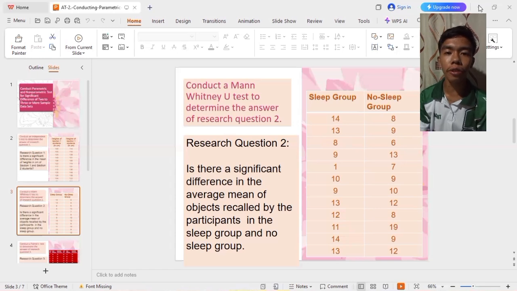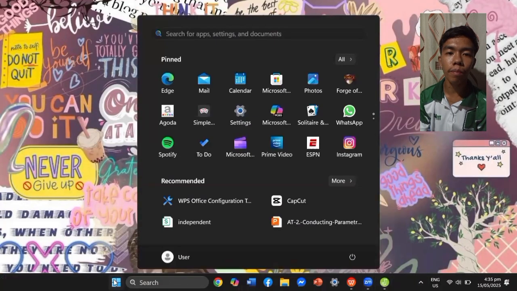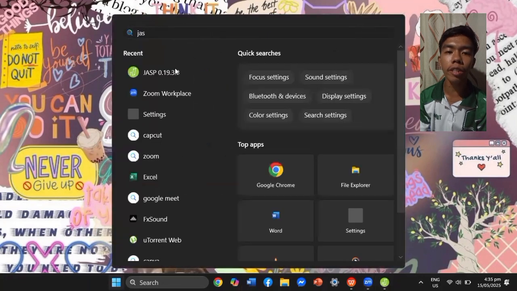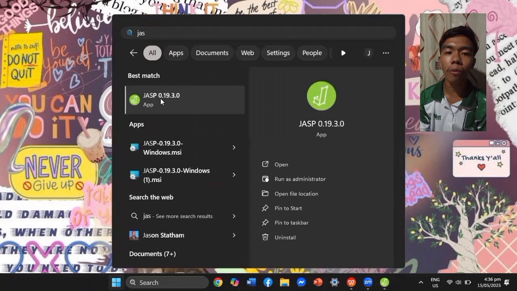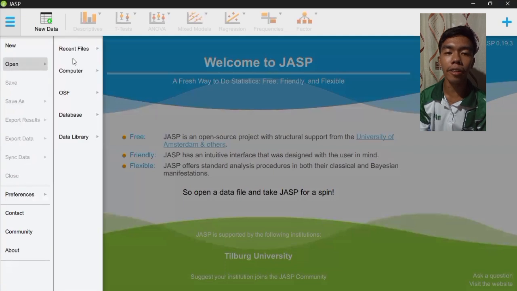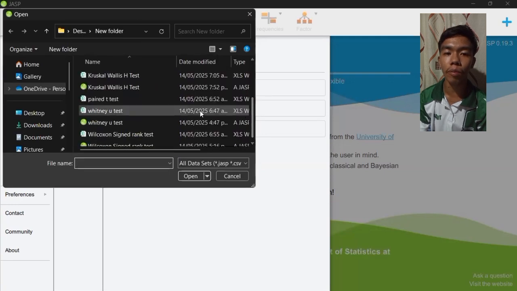And for us to solve that, again, we're going to use the JASP software. Again, go to Open Computer, browse. It's better for you to browse so that you will really know where to get the file. And now, we're going to use the data for our Mann-Whitney U-test. As I said earlier, we group the data in 1 and 2, where 1 is the sleep group, while 2 is the no sleep group.